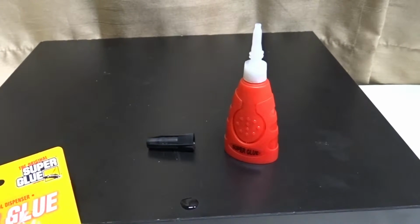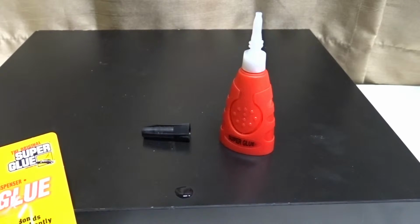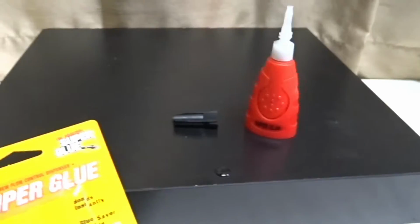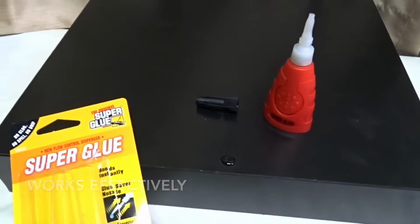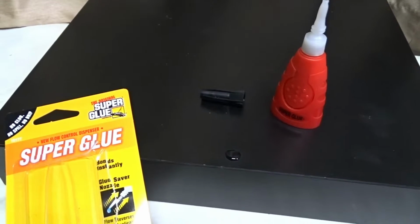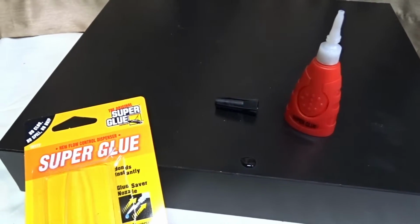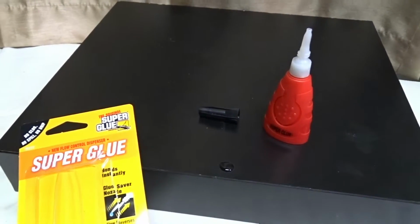And when I got this, I thought it was going to be like that, but it wasn't. It was the loose kind. It still did the job for what I was trying to fix. I was trying to fix a coffee mug handle, and it worked. It stuck it and it dried really fast, and I was very happy using it. But